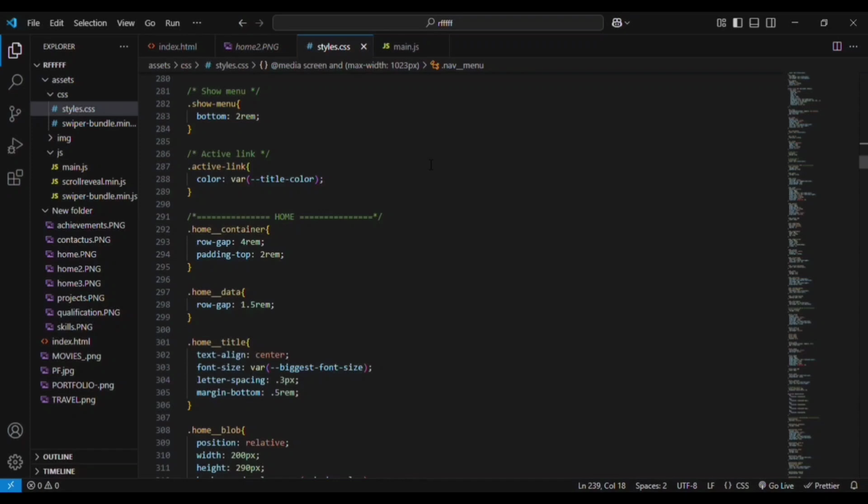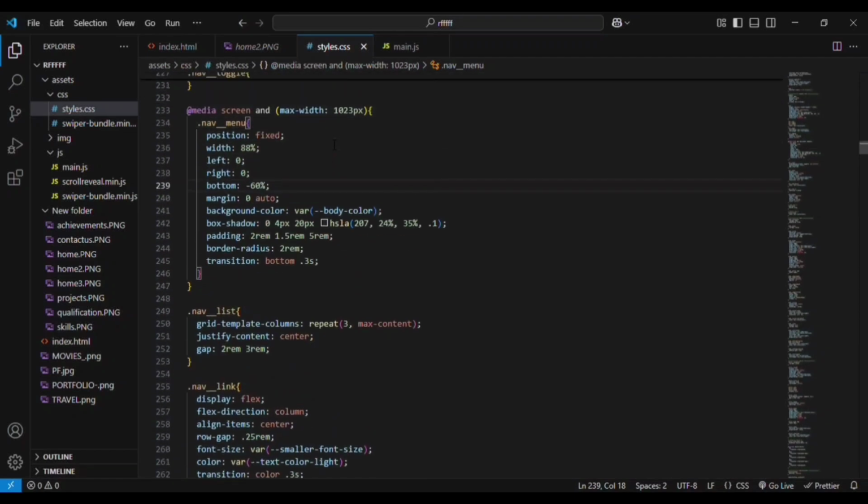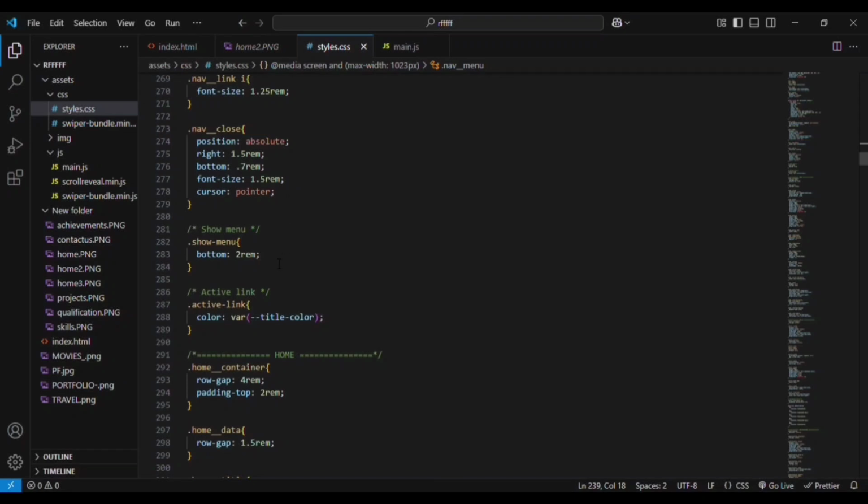You can see that the show menu is nothing but one class which will help us in changing the bottom value. You can see the bottom value is minus 60%, right? So here, by giving the show menu as the bottom value, we are going to make it visible. I'll tell you how. So what will happen is that we will have the menu icon, right? So whenever you click on the menu icon,